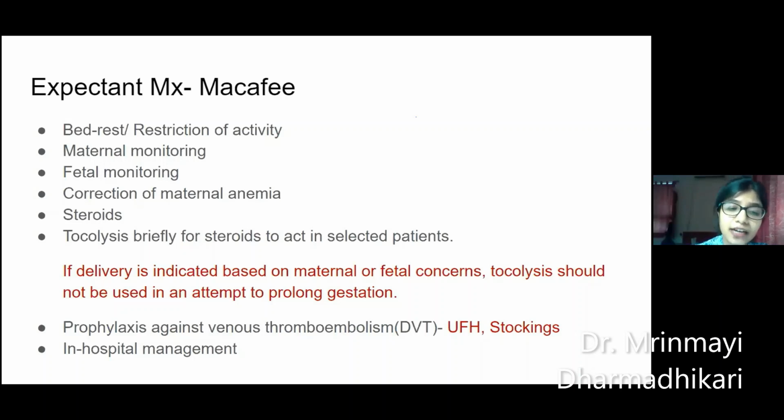Okay. Prophylaxis against venous thromboembolism. Now, if you have the patient admitted in your hospital for more than or equal to 3 days, depending upon other risk factors in her, maybe a previous history of thrombophilia or any other previous history of cerebrovascular accidents, you need to give prophylaxis against DVT, deep vein thrombosis. So these can be given in the,